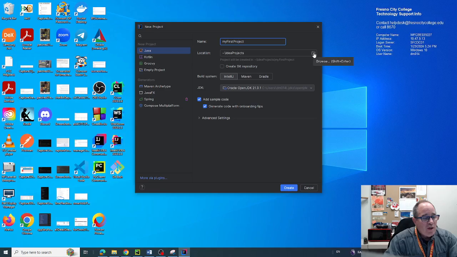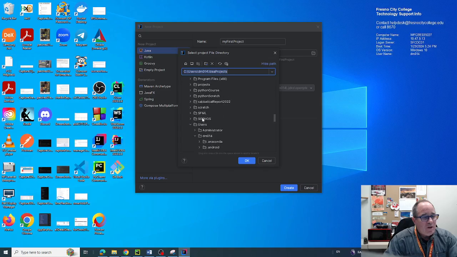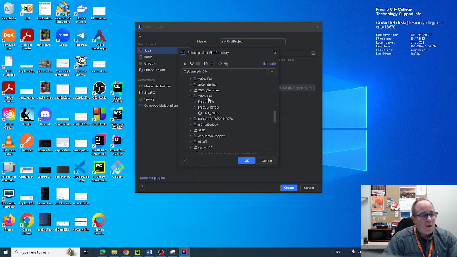Now the location, it's important that you know where your project is being created, because you will have to submit your source code to your remote repository, right? So I have a place, and it is in a directory. Directory and folder are the same thing. I use those terms synonymously. But I have this folder all set up,